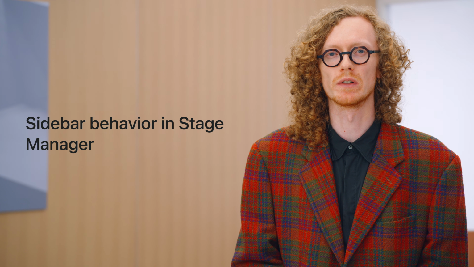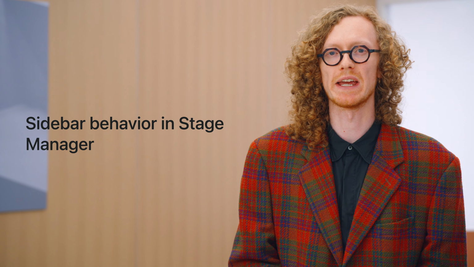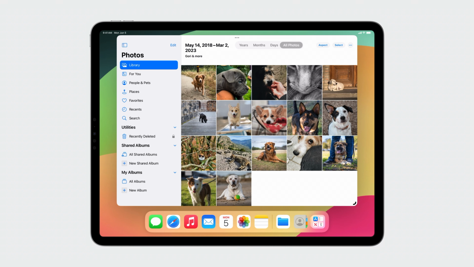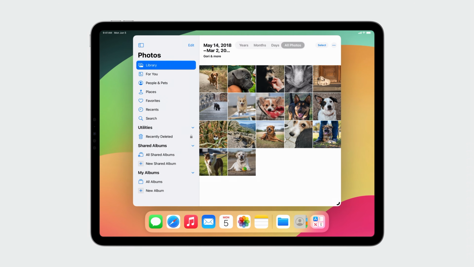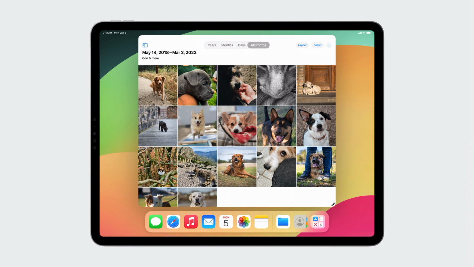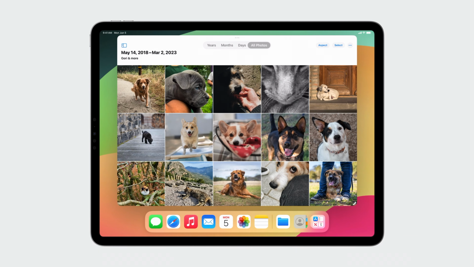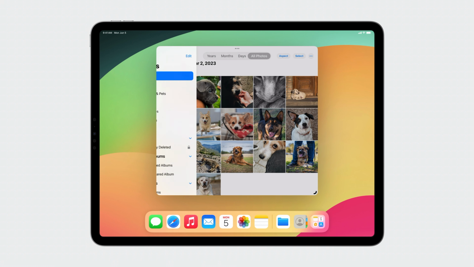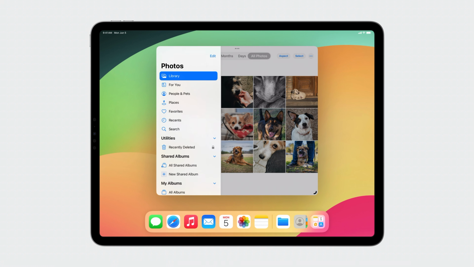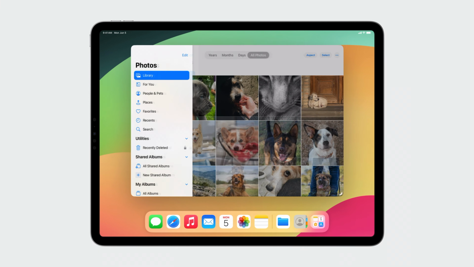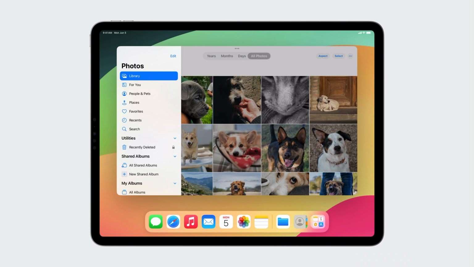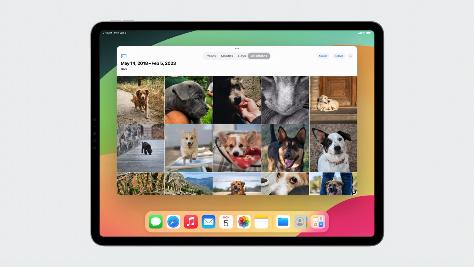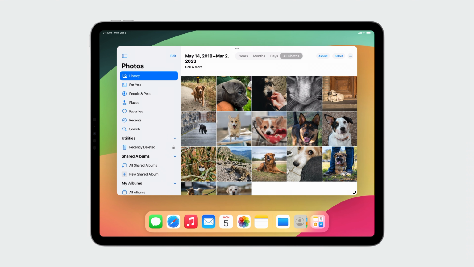Column-style UI split view controllers have gained graceful new resizing behavior in Stage Manager. Sidebars are automatically hidden when necessary, and they'll remain hidden until specifically requested to be shown. When sidebars are requested at narrow widths, UI Split View Controller uses overlay or displaces behavior as necessary. An overlaid sidebar persists as the window resizes larger. When dismissed and recalled at the larger width, it will come back tiled.